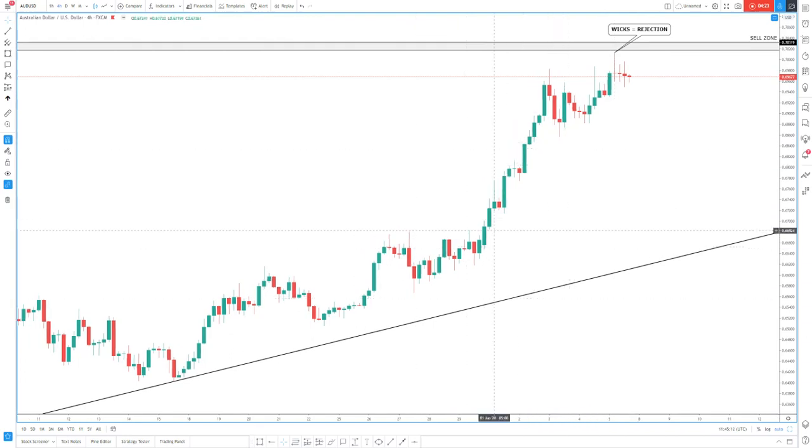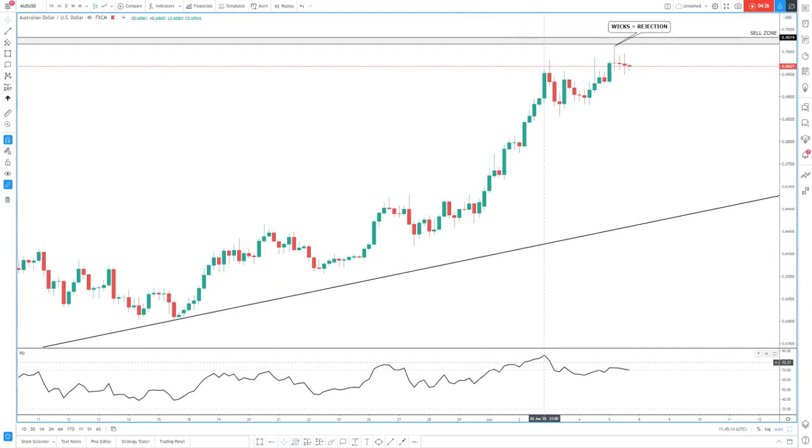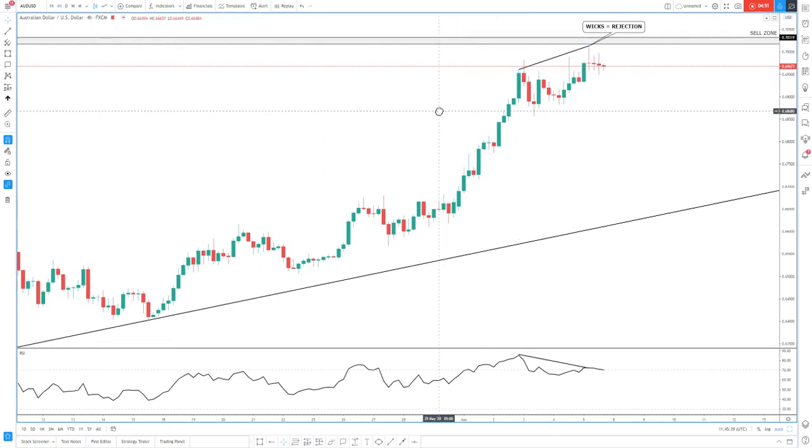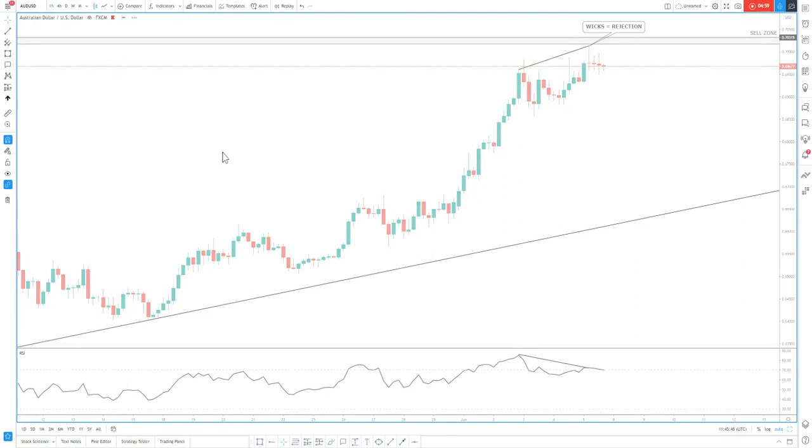So I can now pick up my RSI to look for other confluences, and here we have a divergence, a bearish divergence to be precise. Down to this area here. Nice. And also on the chart, mark it out. Okay. So we have a bearish divergence here, which is another form of confluence for me to see further on shorting AUD USD. So going down to the last time frame, which is the 1-hour time frame,